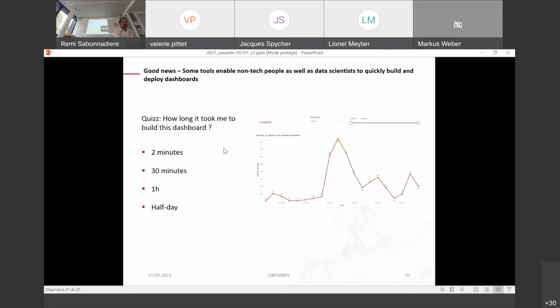So I'm going to do a little survey. I presented you a dashboard that basically plots the number of positive tests with regard to time, an interactive one. So I could share it with Valérie. I could share it with everyone. In your opinion, how long did it take me to build this dashboard? Do you think it's more like 2 minutes, 30 minutes, an hour, or half a day? I'm going to let everyone make their own guess. And the result is